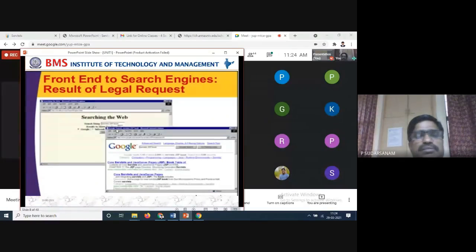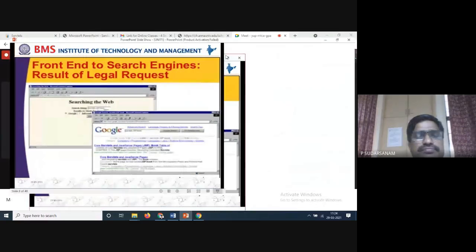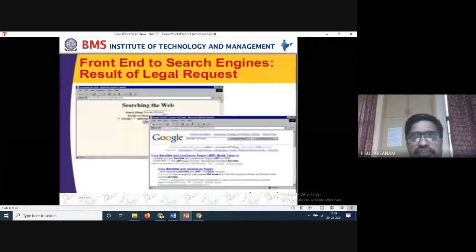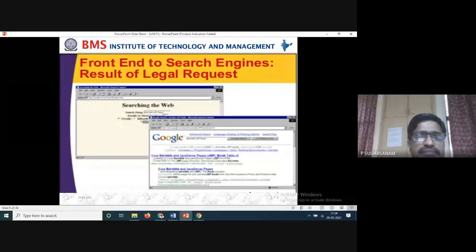Are you able to see this output window? Searching the web page, you are typing something, so Google is there. When you are typing Google, you can give the link and check whether it is opening or not.